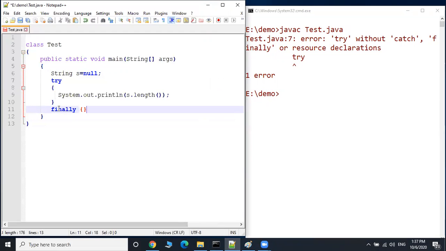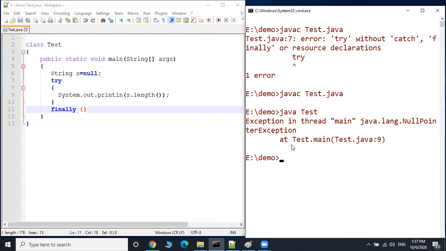Suppose I write one finally block and compile the code again. There is no compile time error at all. But still a runtime exception is there, because I am not handling the null pointer exception properly. There is no catch block, so the program may terminate abnormally.